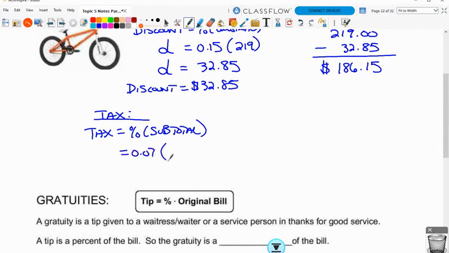The subtotal now is the sale price, which we calculated here, $186.15. And the tax, T, is what we're trying to calculate. All right, the variable's by itself on the left. To get the amount of tax T, we're going to multiply 7/100ths times $186.15. And when you do that in your calculator, you get the decimal 13